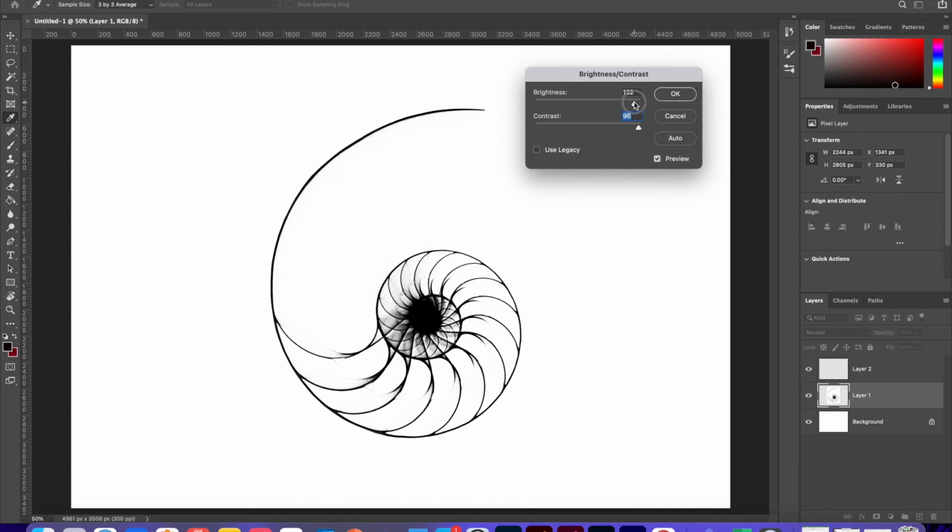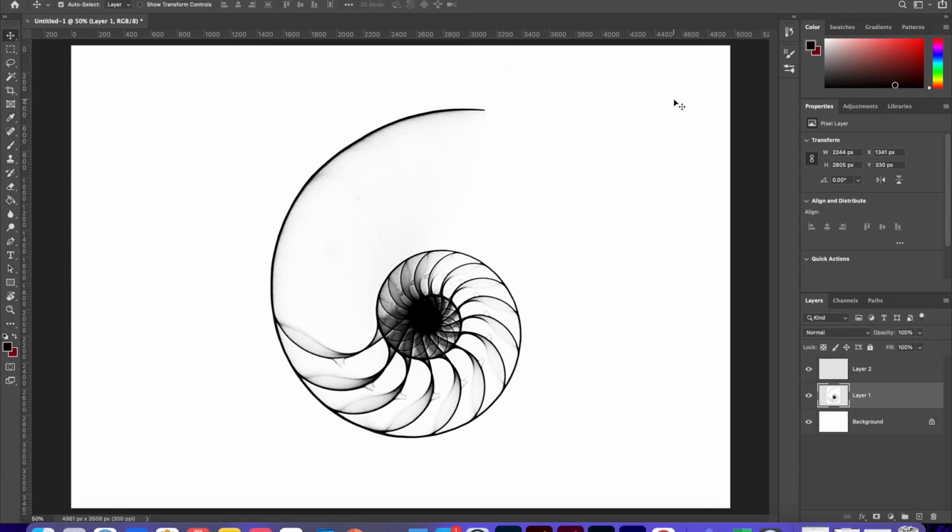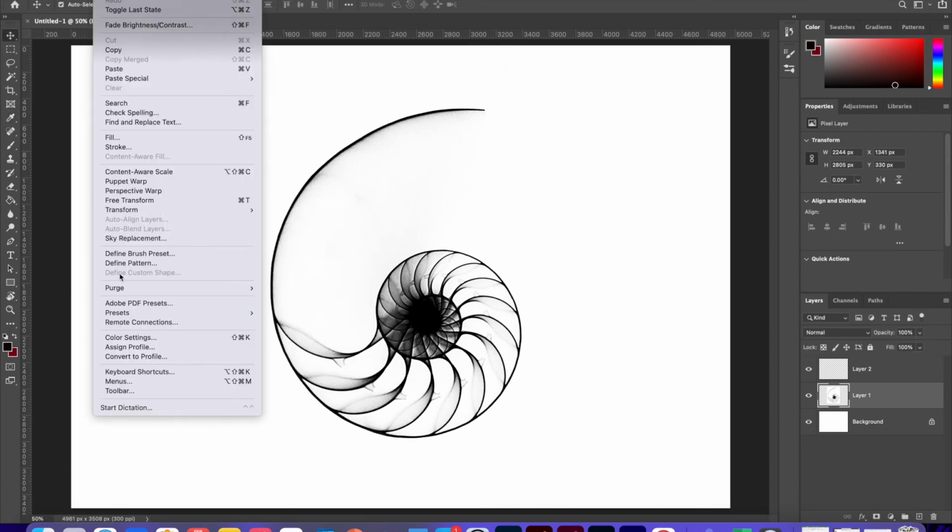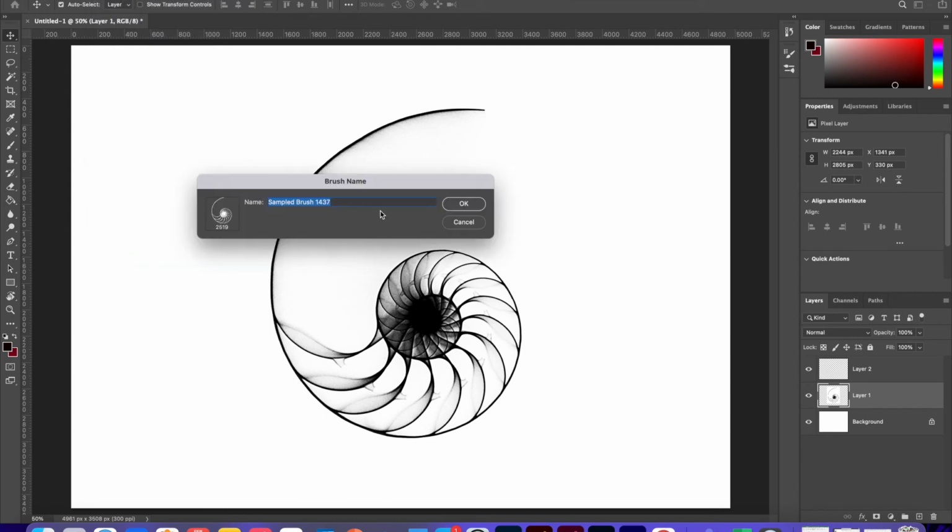I quite like it like this, I think. Yeah, and let's play around with this a little bit. Yeah, so that looks alright. I might bring the brightness back if it's a bit over. I like the brightness down in the middle, but then up a bit at the edges. But there are ways of playing around with that, but for now we'll just stick with that. And then all we do is go to edit, define brush preset, shell,